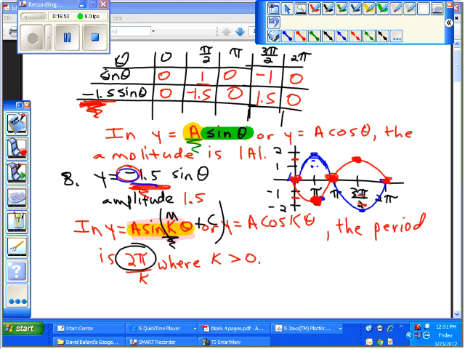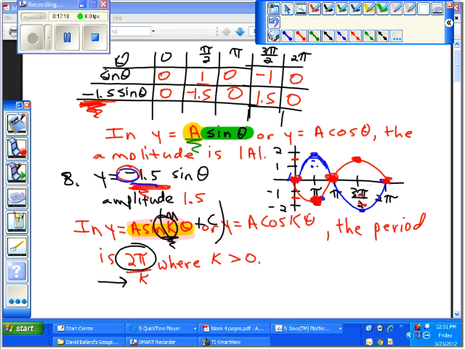And so if I have a number there, and I'm going to undo on the inside with the inverse operations, that means I really need to divide by that. So my period of 2 pi needs to get divided by that k, because we're going to undo multiplication by division. So to find your period, you go 2 pi divided by k,